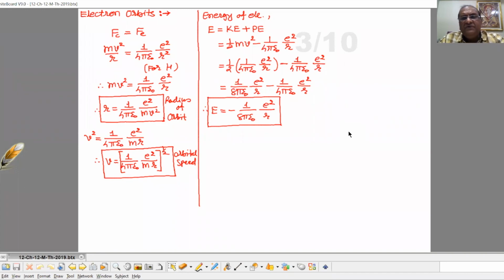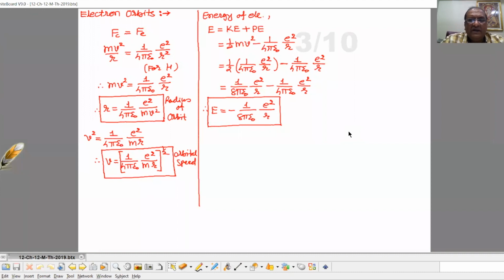Now here, if we consider the case of the hydrogen atom, which is the simplest type of atom, there is one proton in the nucleus and one electron is revolving round it. So Z, the atomic number, is 1. Here we can write the Coulombian force between proton and electron as 1 upon 4 pi epsilon 0 e square upon r square, where r is the radius of the orbit of the electron, meaning the distance